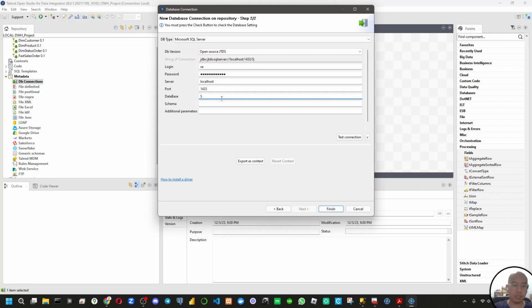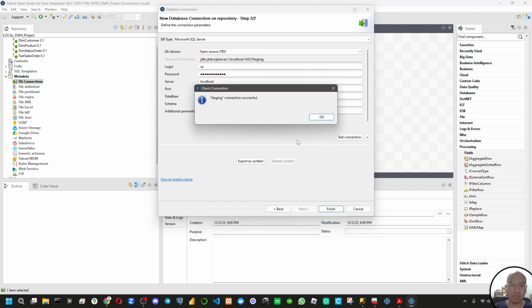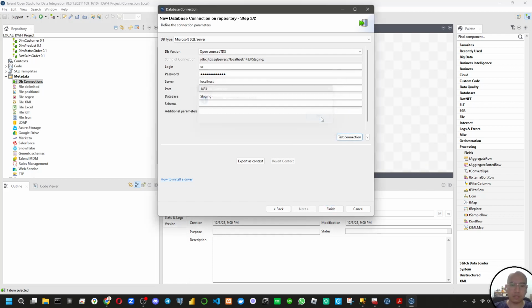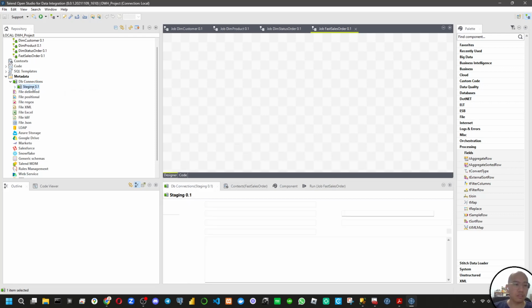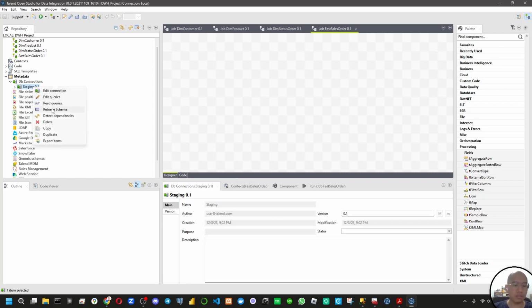I'm gonna name it staging also. The schema, just let it empty, additional parameters, and then we click test connection. The connection is successful, and then we click finish. Then we right click on the staging, we retrieve the schema.